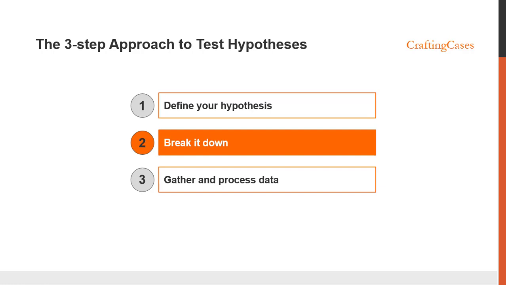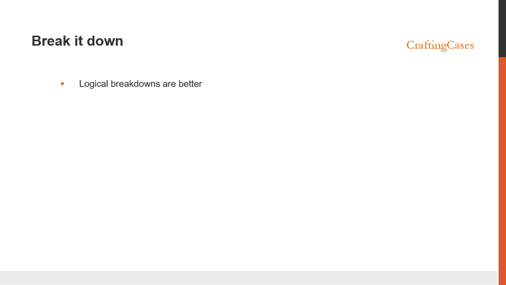How do you know if it's simple enough? Again, it's only simple enough if you can test it straight away. If you can't test it straight away, then you probably need to break it down. Okay? So the first principle that you need to know here is that logical breakdowns are better. Your breakdown might not be 100% MECE, but the closer to that, the better. And you might not test all of the sub-hypotheses, the simpler hypotheses that you come up with, but you need to at least show your interviewer that you have a plan of what you're going to do